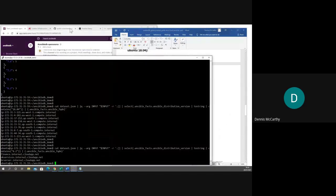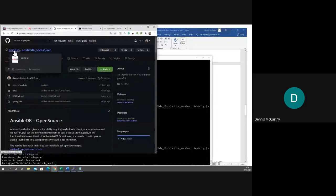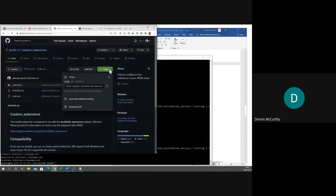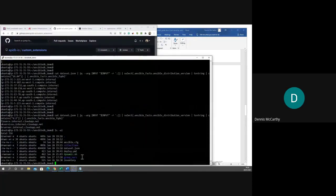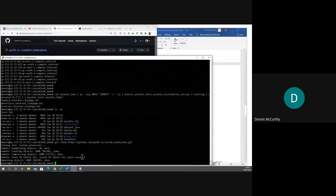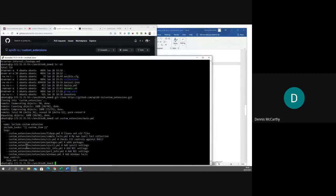So if we go back on, you can follow a link at the top, or just come to custom extensions. And in my directory, so people keep wanting to come in, so I have to admit them. So in my custom directory, we're just going to download straight here. So git clone, and just whack it straight in. And there it is. Now, if we cat the directory and the main.yaml file, so this runs as a loop,